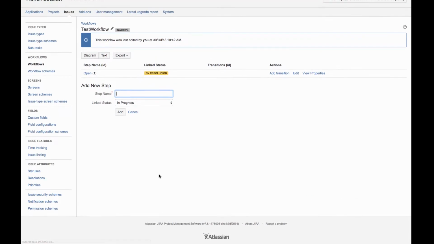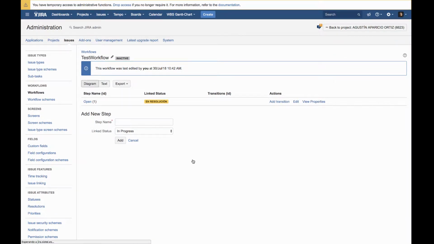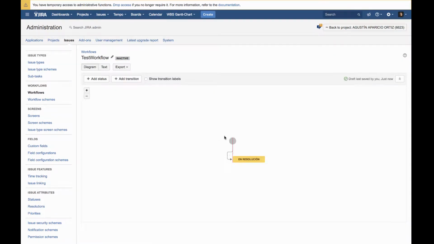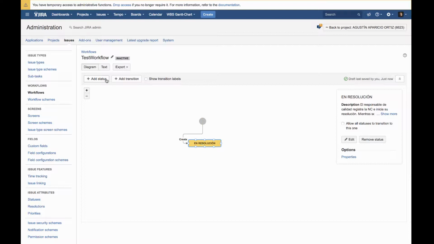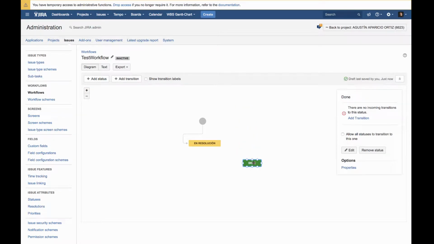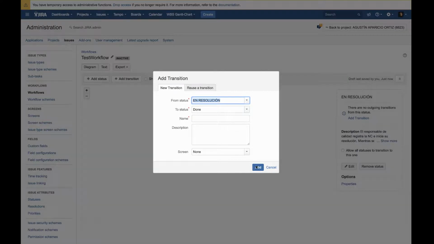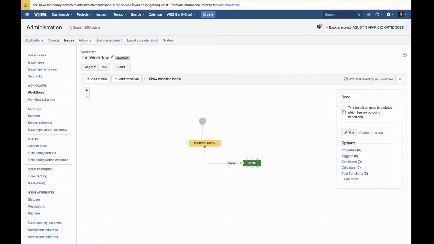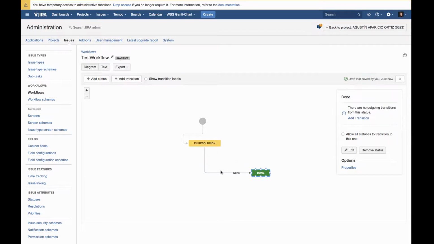Okay, this is traditional JIRA. Then I'm going to switch to diagram. These are the default status, so I'm going to add a new one, just done. Okay, and then I'm going to create a transition between these states. Done. Okay, so this is the workflow, and now in order to show a screen when this changes from this status